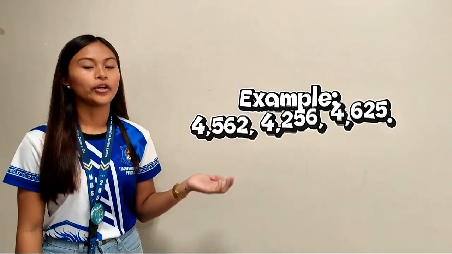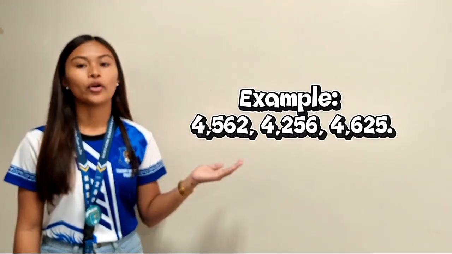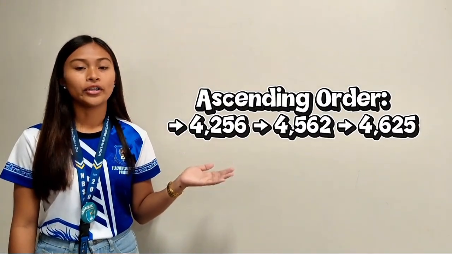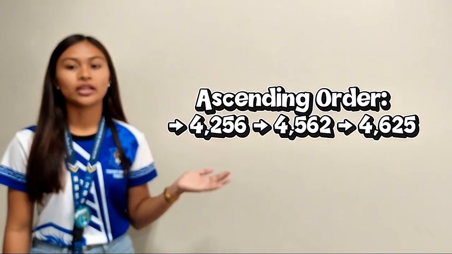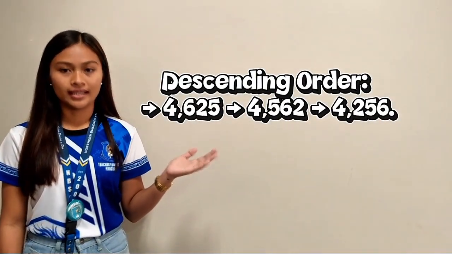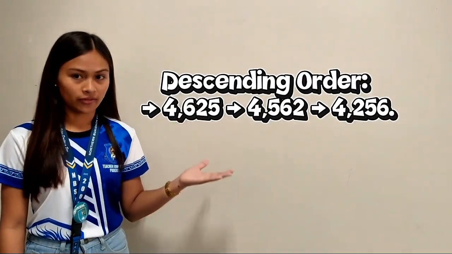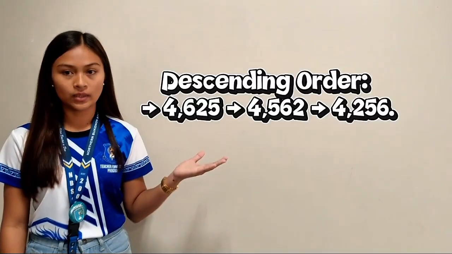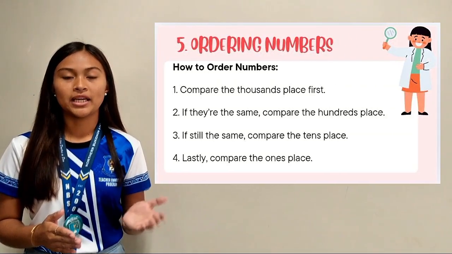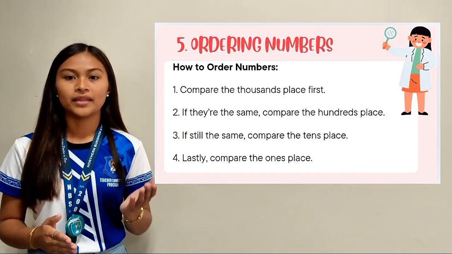For example, 4,562, 4,256, and 4,625. In ascending order, 4,256, 4,562, and 4,625. While in descending order, we should arrange it as 4,625, 4,562, and 4,256. To do this correctly, we always compare the thousands place first, then the hundreds, the tens, and